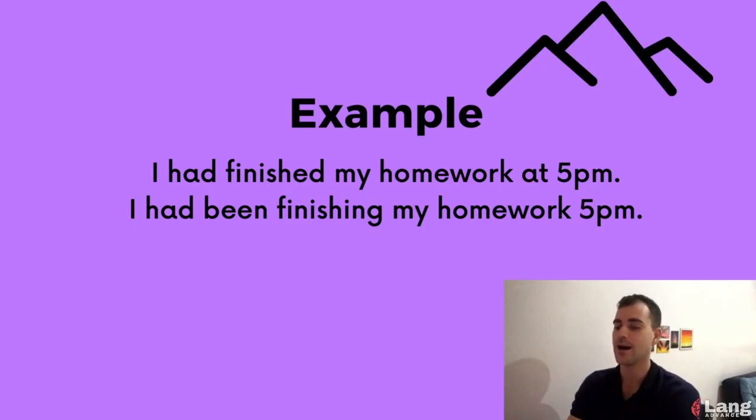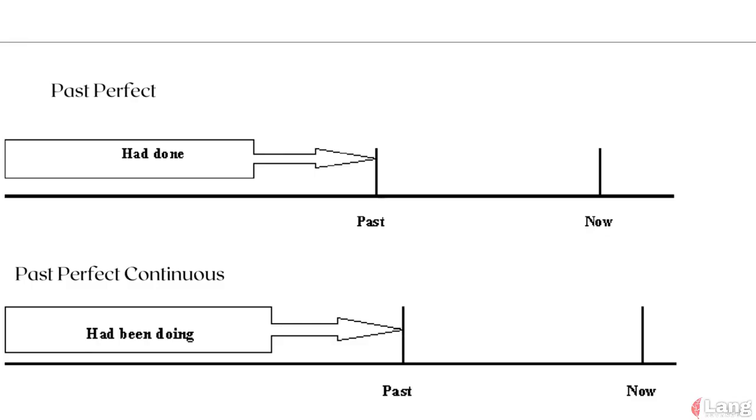Example, I had finished my homework at 5 p.m. I had been finishing my homework at 5 p.m. Past perfect, I had finished my homework at 5 p.m. 5 p.m. is the point in the past, and my homework had already been finished. Past perfect continuous, I had been finishing my homework at 5 p.m. 5 p.m. is the point in the past, but it's not entirely clear if the finishing of the homework was